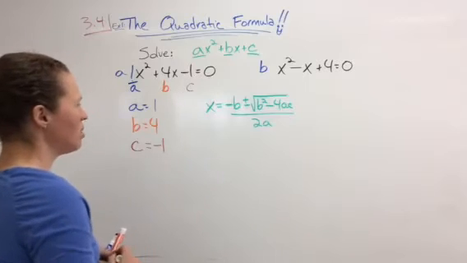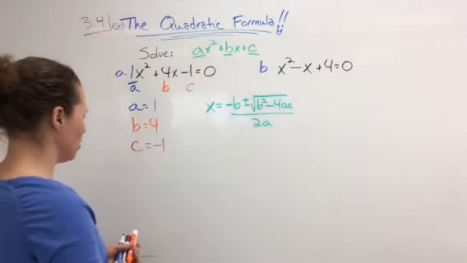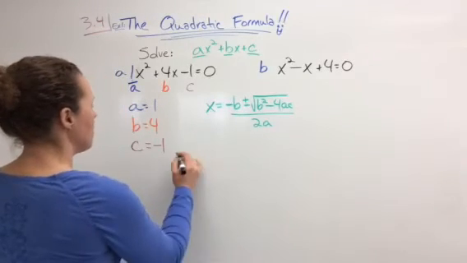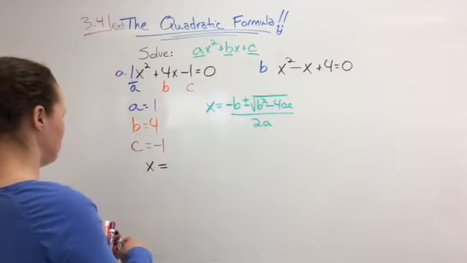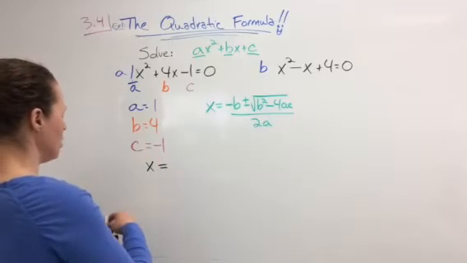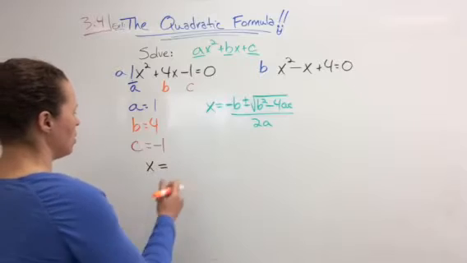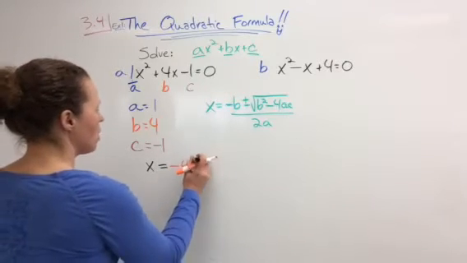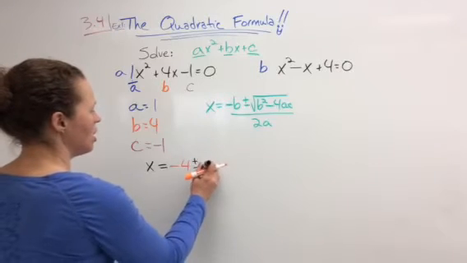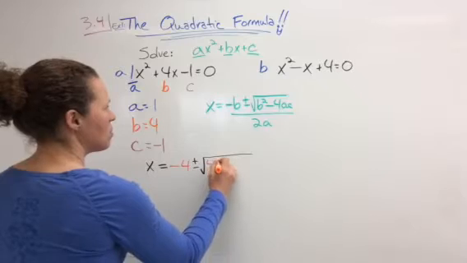So when I plug them into my formula, I know that they're going to go in a particular order. So x equals, b is 4, so it's going to be a negative 4 to start us off because it says negative b. Plus or minus, we'll deal with that later, square root, 4 squared